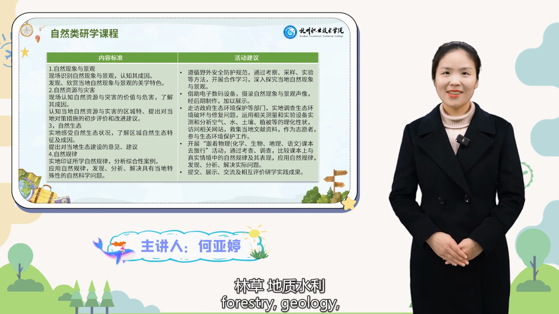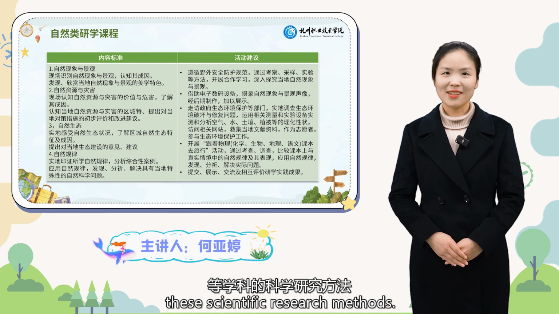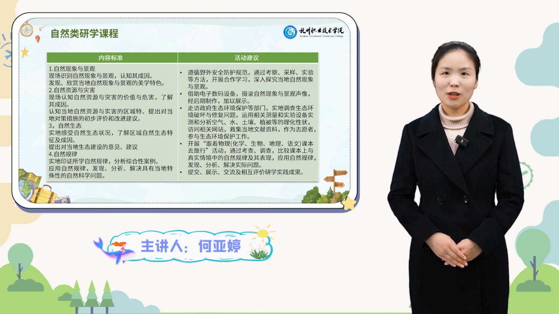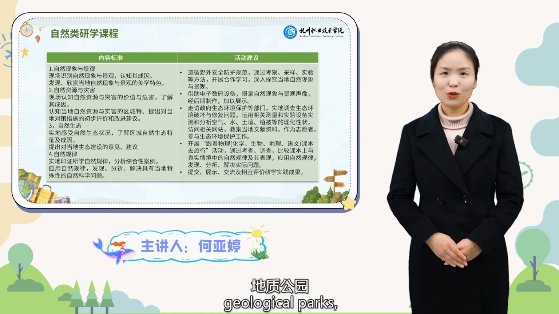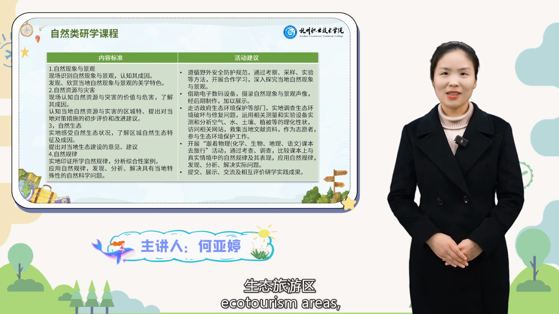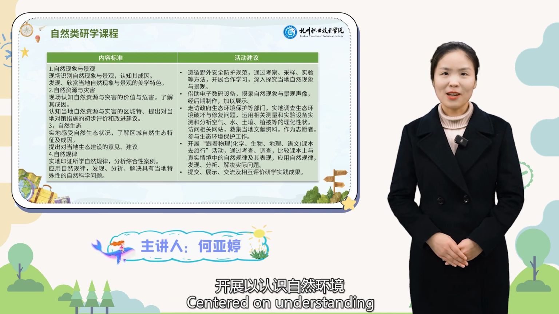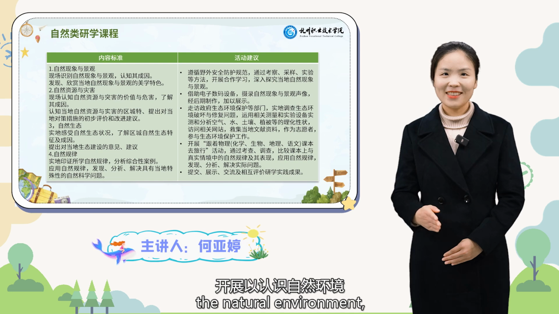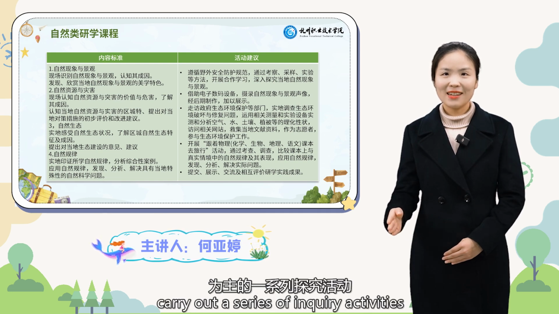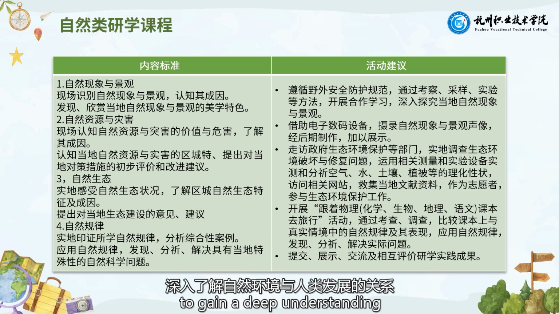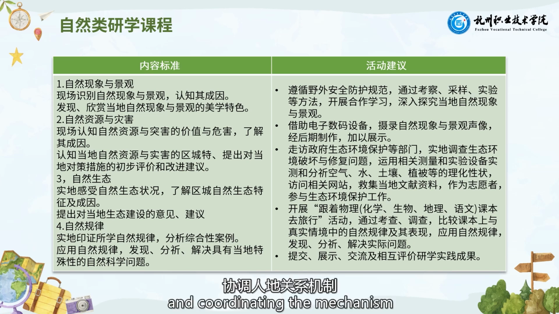With scientific research methods from ecology, forestry, geology, and water conservancy, and relying on natural reserves, scenic spots, geological parks, mining parks, forest parks, wetland parks, water scenic spots, ecotourism areas, and wildlife conservation bases, centered on understanding the natural environment, they carry out a series of inquiry activities to gain a deep understanding of the relationship between the natural environment and human development, and the mechanism of human-environment relationship,